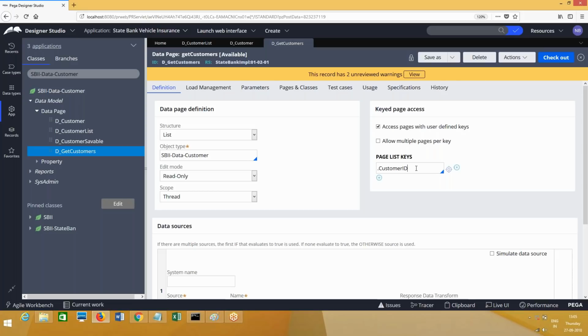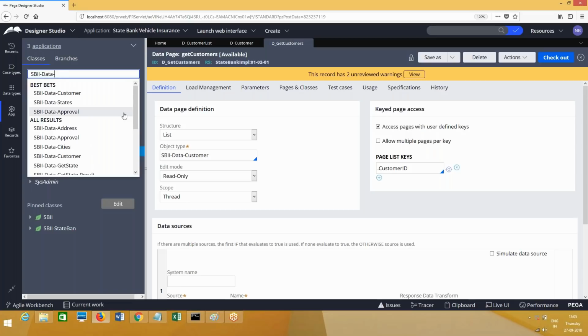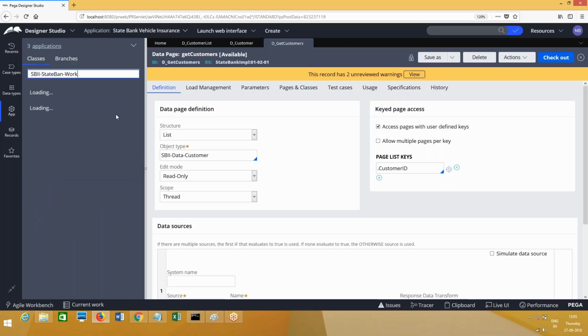So data pages which are of type list and defined with keyed page access can only be called from page properties. Generally, a data page of type list can be called from a repeating layout, from a drop down,